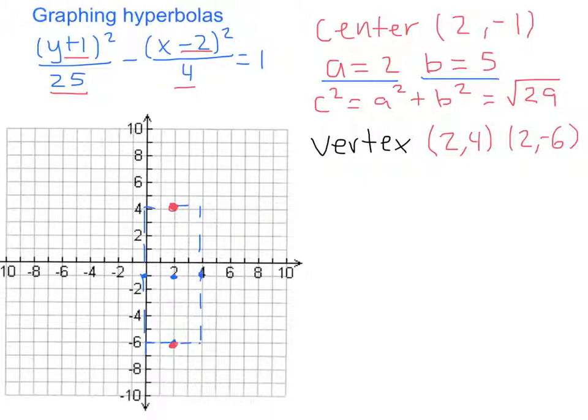The next thing that needs to go on our graph are the focal points, the foci. The foci are going to be a distance of radical 29 from the center. So radical 29 is, I don't know what that value is, it's somewhere between 5 and 6. So I'm going to count up about 5 points, a little bit more than 5, and down a little